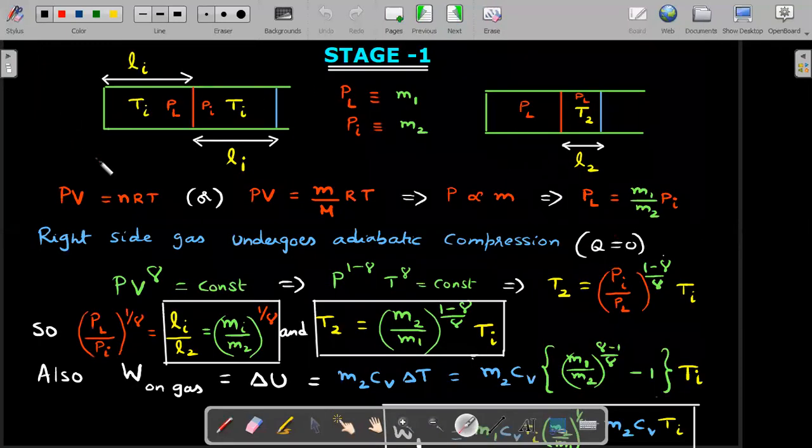So stage 1, you could see this is the initial picture I borrowed, right? Both sides, the temperature he said is same, and pressures can't be same on both sides. The reason is the number of moles on the left side and right side are not the same. So I think this was 12 grams, which is 6 moles, and the right side is 2 grams of helium, which is 1 mole. Okay, so the pressures are not the same, and it's obvious that this side's pressure is smaller, therefore the valve won't open.